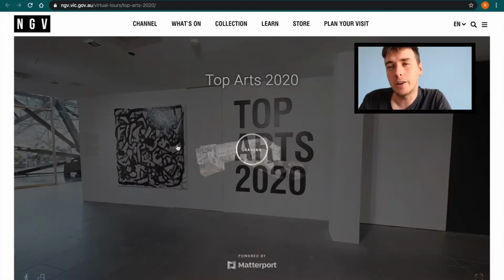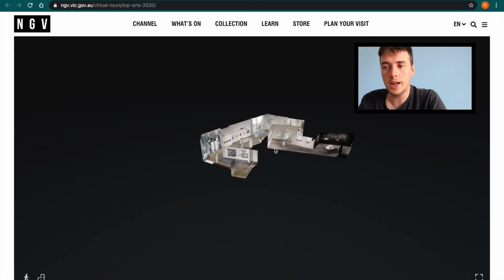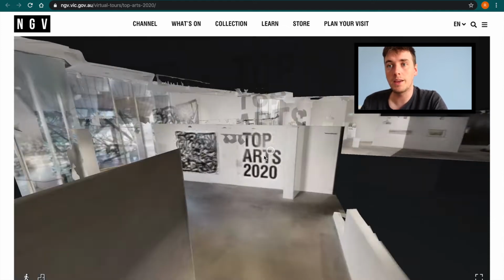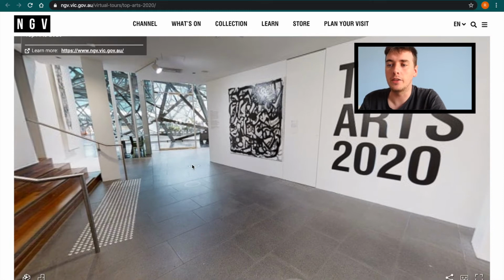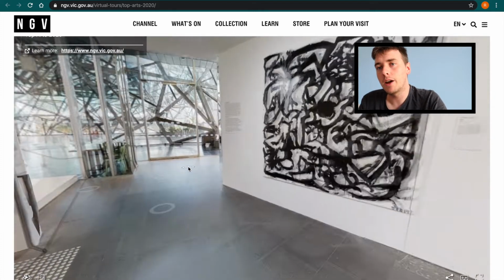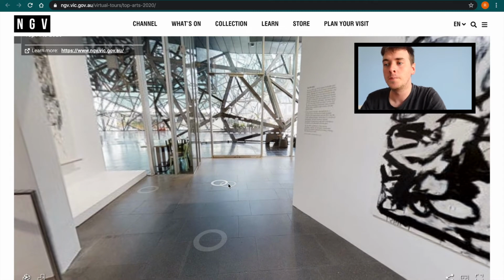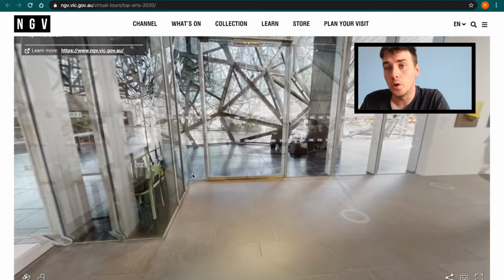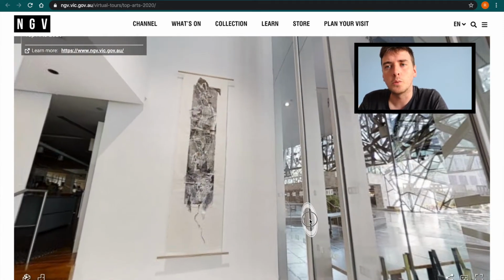Now, this works very, very similar to Google Earth in the sense that you can look around the gallery, you can click the floor space, and it will move you to that area, and then you can again click and drag to move around and see what you can see from within that space. And by moving around the gallery, or moving say a footstep further along, it gives you different views of the space and the work that's been set up, and even different views of the pieces which are on display